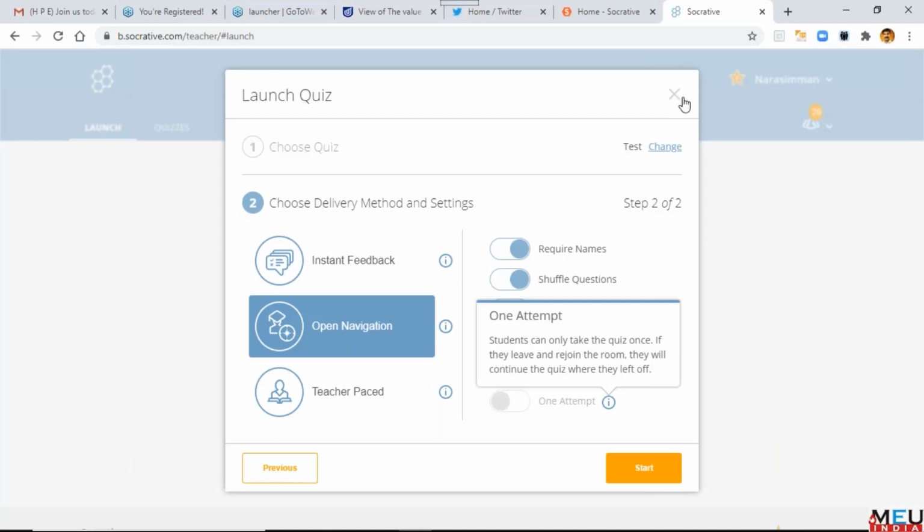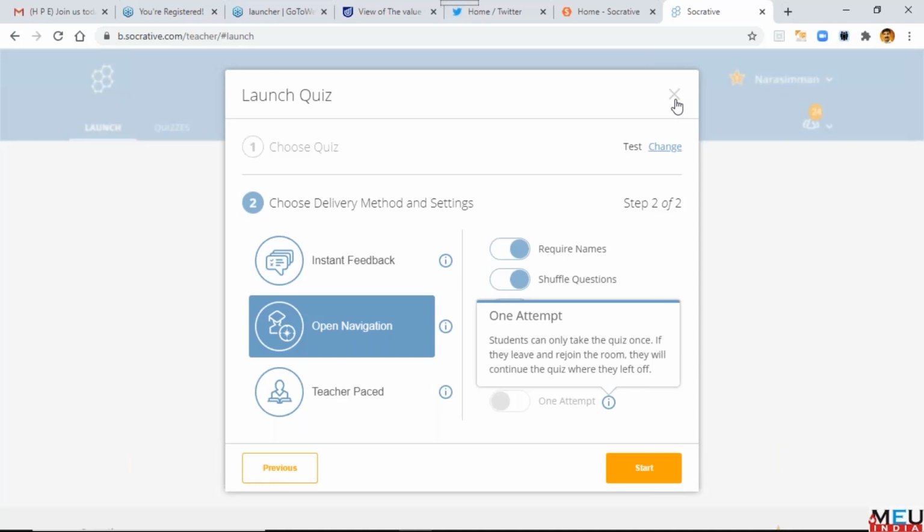Again, I'll pause here for your questions. I hope up to this is clear. So you're creating your account. Once you're logged in, go to quizzes. There is an option, create quiz. First you create the quiz. Once you have created the quiz, you have an option to launch as a quiz. I will show you the other options also.